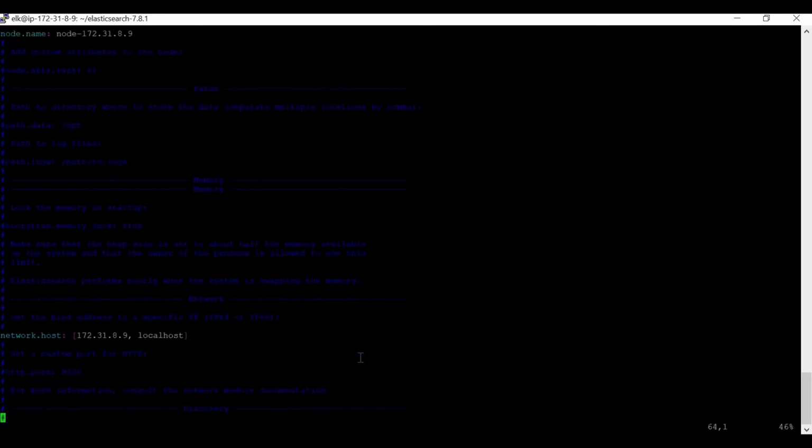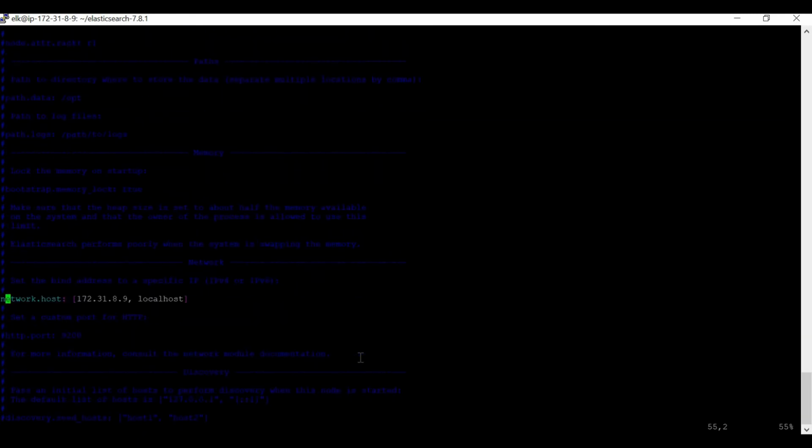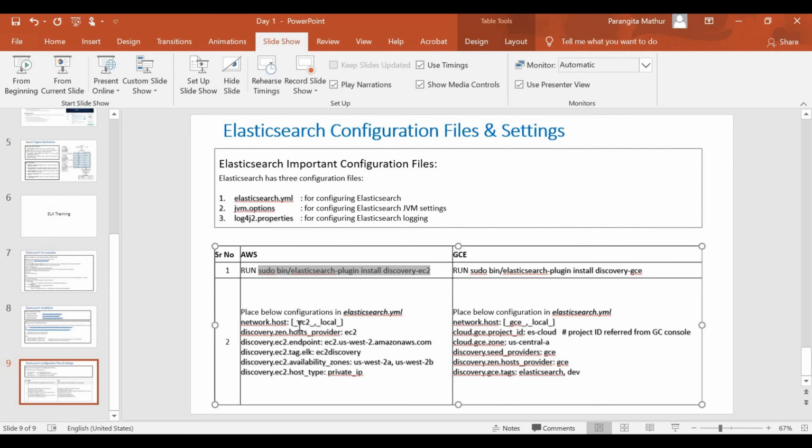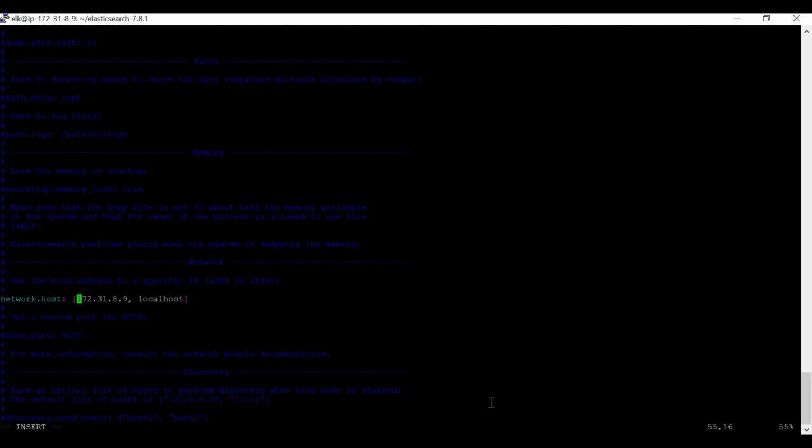Here, what did I do? Network host. Instead of network host, let's see the setting. Instead of network host, I can place underscore ec2 as well. Okay, underscore ec2. So let's place that.